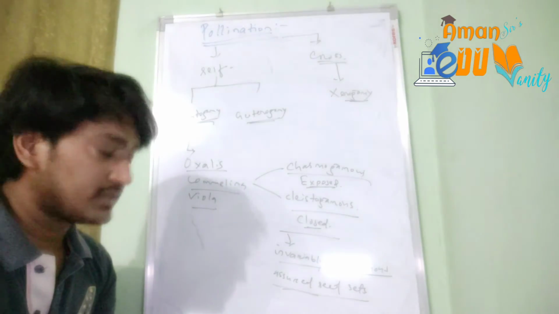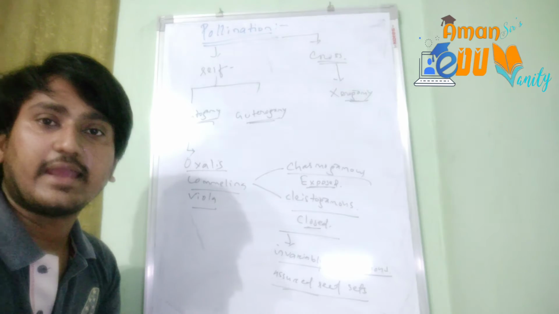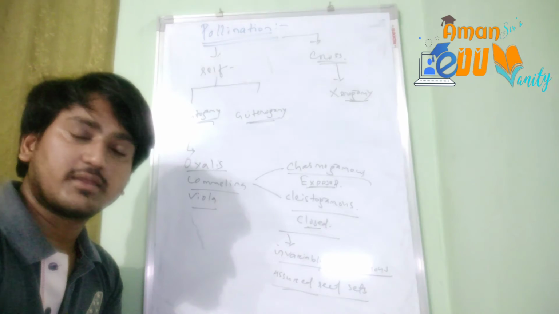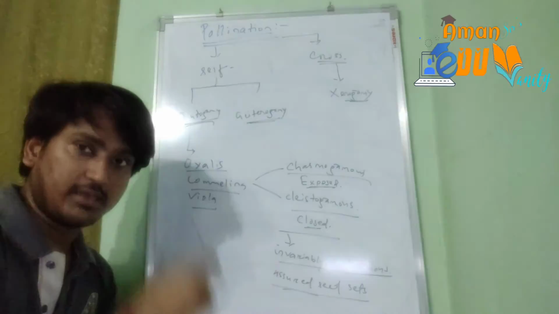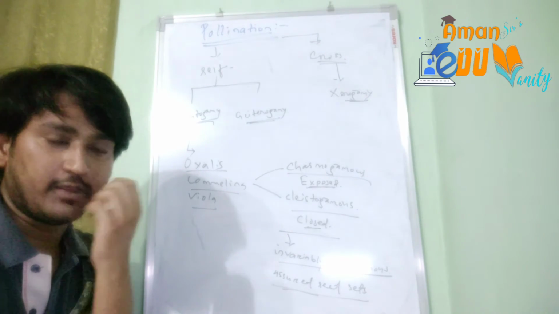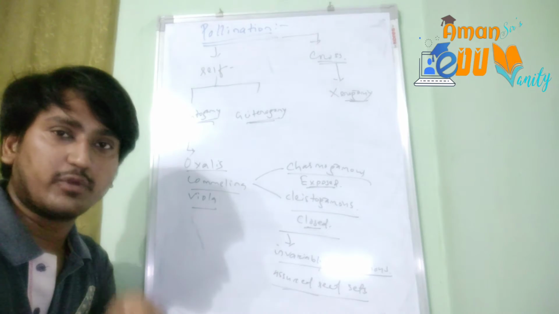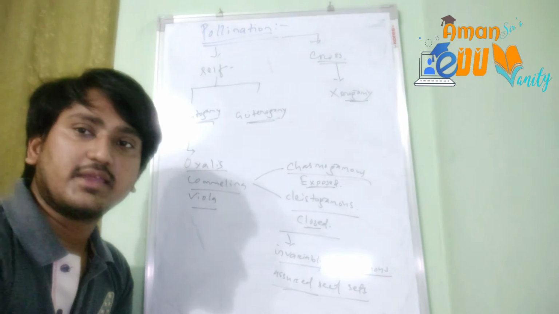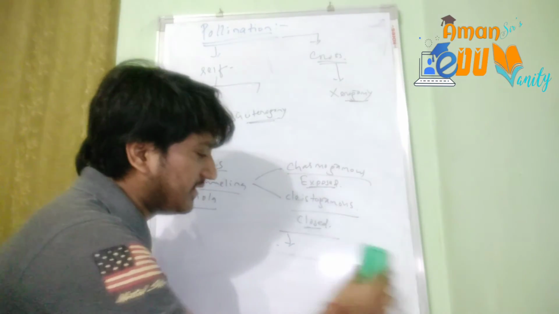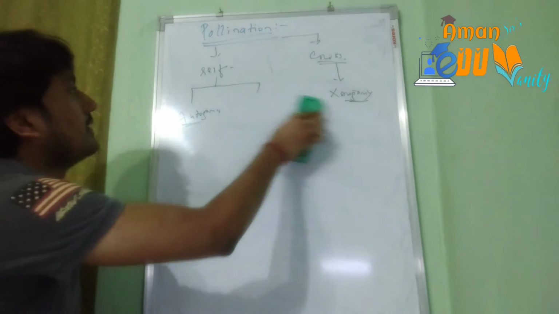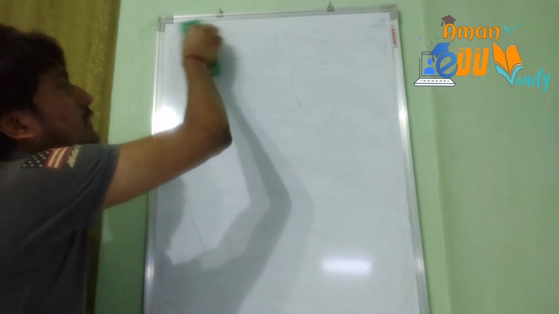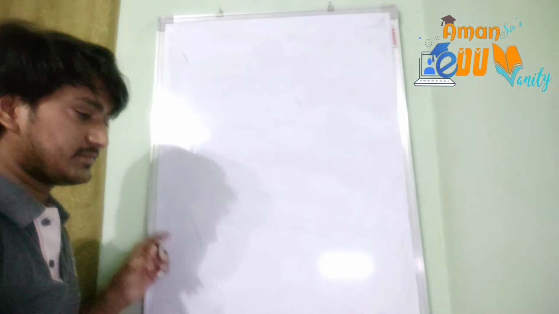And now let us learn what the different agents of pollination are which help in pollinating the flowers. Definitely when cross-pollination is occurring, we will require agents for pollination because neither the pollen grains nor the egg cell within the ovary or ovule are motile. They are non-motile, both of them. So we will require different agents for pollinating the flowers. Self-pollination usually does not require any agent, but cross-pollination requires different agents of pollination.